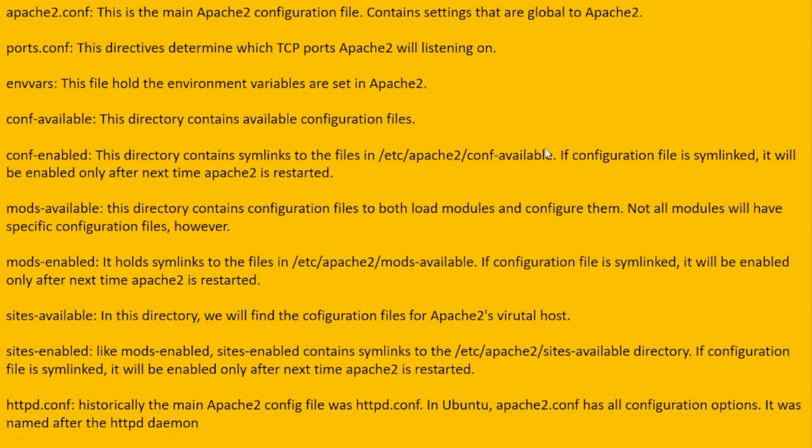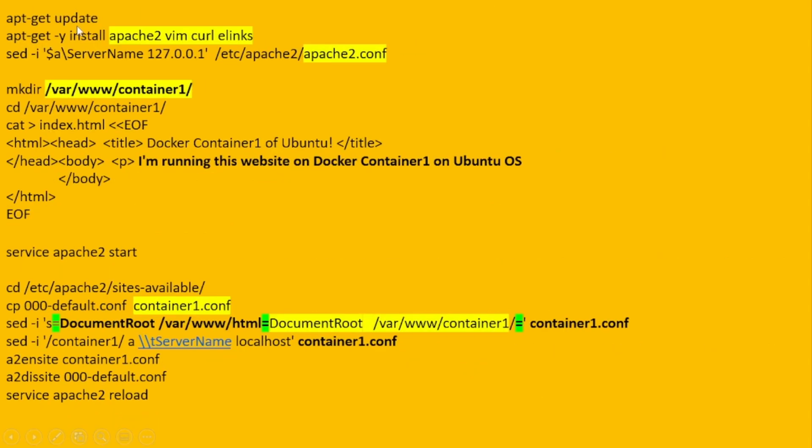So what are the commands we are going to use in order to configure the Apache web server? First, update the Ubuntu operating system container binary files and then install the package with the help of the apt-get command, and then give the IP address 127.0.0.1, the loopback IP address, because every time we create a new container it gets a new IP address from the Docker engine. So we use the loopback IP address, and then we are going to create a new directory inside the /var/www directory,